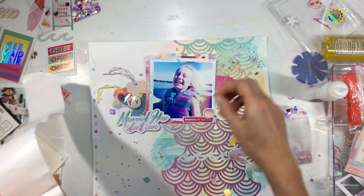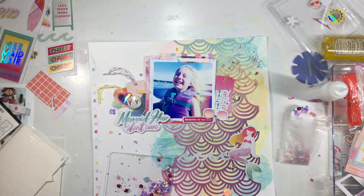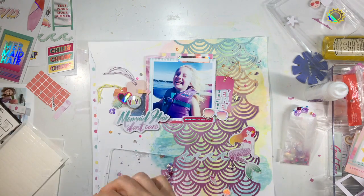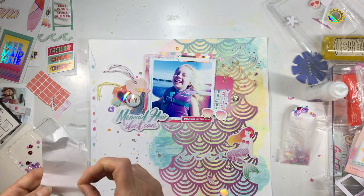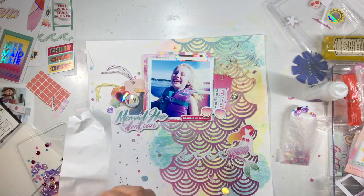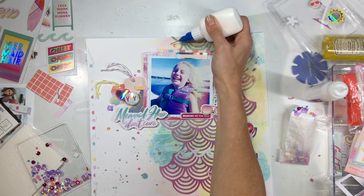And so I place them all out where I want them first, and then I go back and kind of tip my page up gently just to make sure I have them all adhered, and looking for any ones that might be moving or sliding down the page before I pick it up from laying flat. This sequin mix is so gorgeous. The seashells in it are kind of an iridescent, but they're also